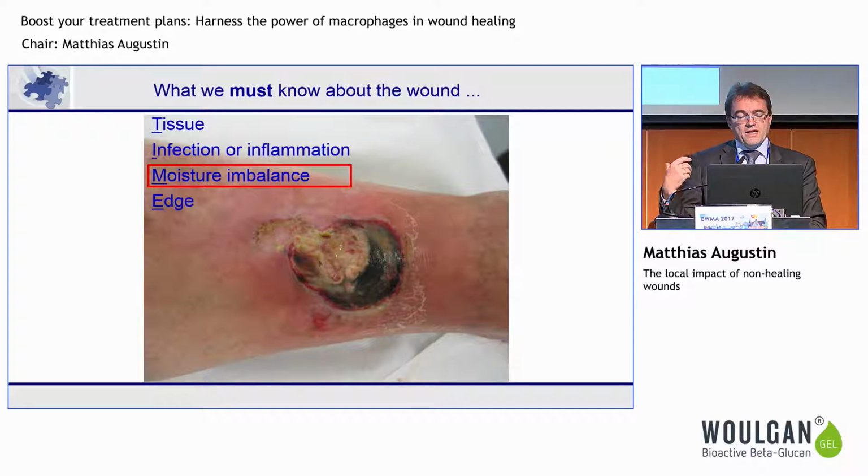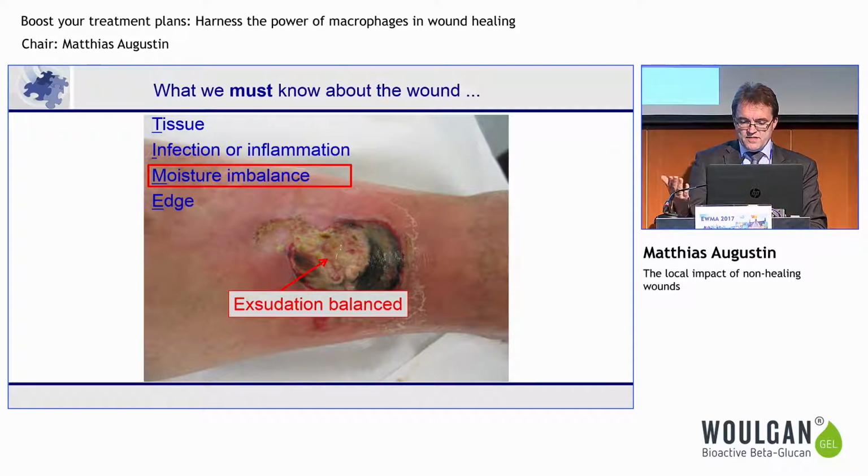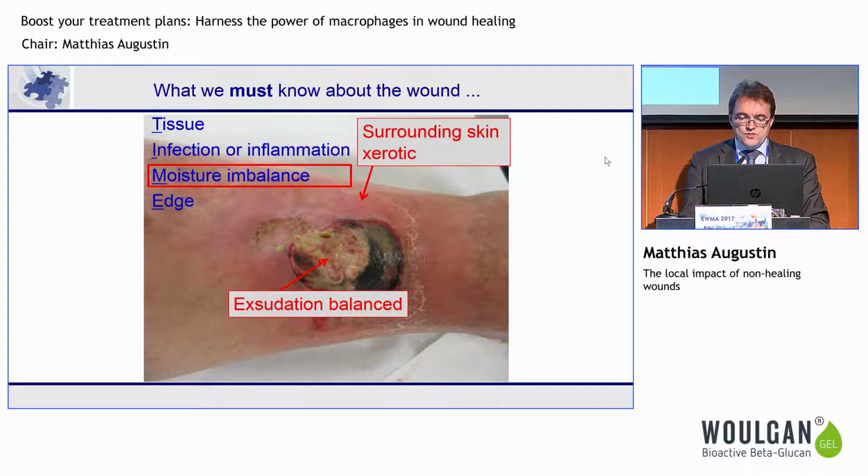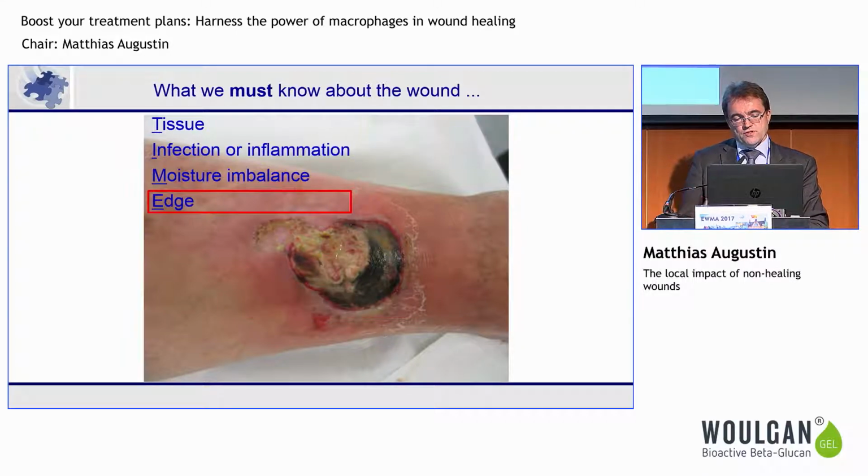Regarding moisture imbalance, you see that there's a balanced exudate, of course depending on the time point when you remove the wound dressing, but there's also xerotic skin around in these areas here, so it's not really balanced and needs further consideration. And finally, as you know, TIME also includes the wound edges, which are very helpful to investigate because